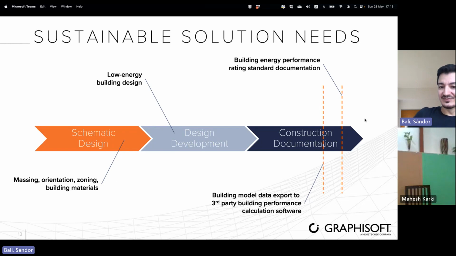Basically, when we talk about the sustainable solution needs and the design phases of the building, or when we're using the BIM tool, then we should be talking about schematic design, design development, and the construction documentation. And basically, these four parts are the points in time when we can affect these solutions. One thing is the early design phases when we're doing the massing, the orientation, zoning, and when we're choosing the building materials, the construction types, composites as well. Then when we're choosing the low energy building design, and then later on,